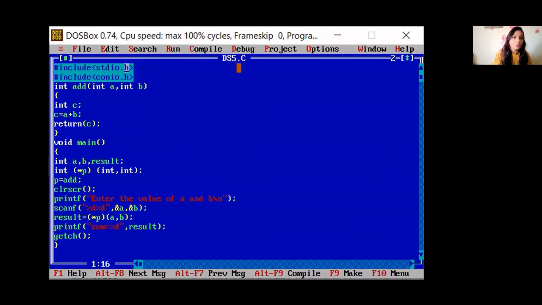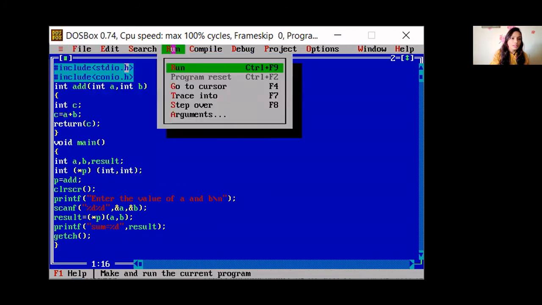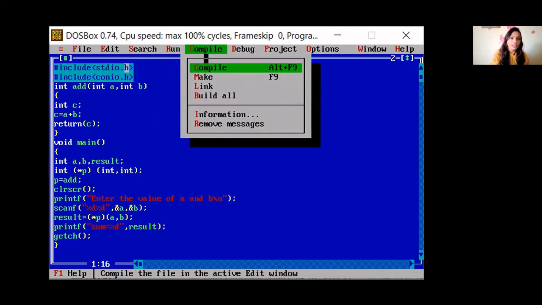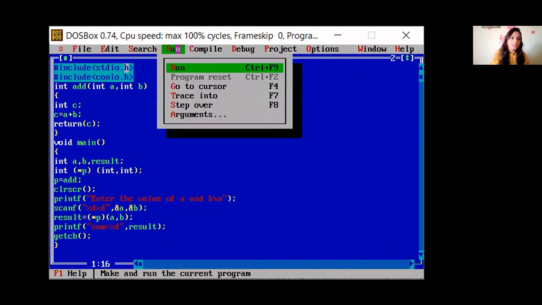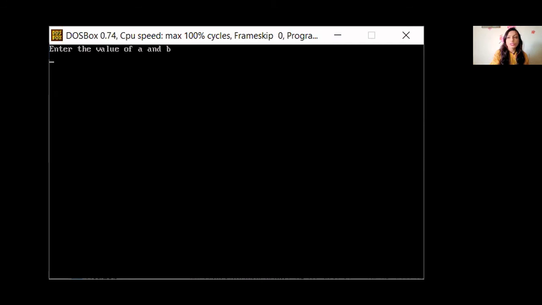So this is your fifth program, that is to execute a program using function pointers. So what will be the input for this? Can anyone tell? So first we'll compile it. There are no errors, same program I have written. Then run it. So what input do I have to give? Any two numbers? Say two. So what will be the answer? Can anyone tell? What will be the addition of these two? It will be 67. So same thing we have done using function pointer.